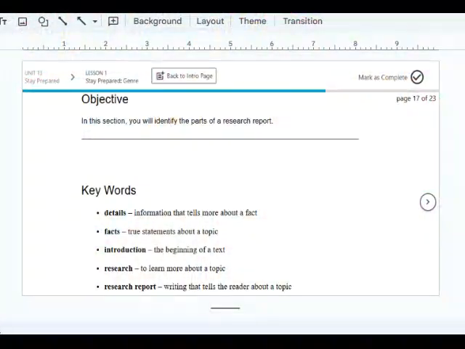We're not going to begin in Unit 16. We are actually going to begin in Unit 13. Let's look at that unit now. We are on Lesson 1. Our objective, or what we want to do first, says, in this section, you will identify the parts of a